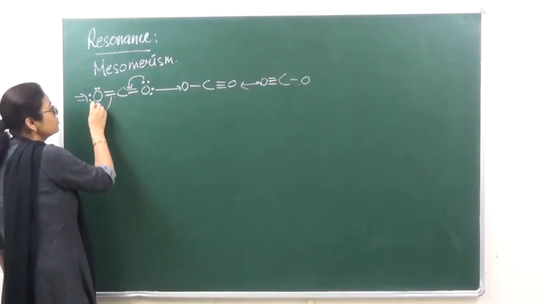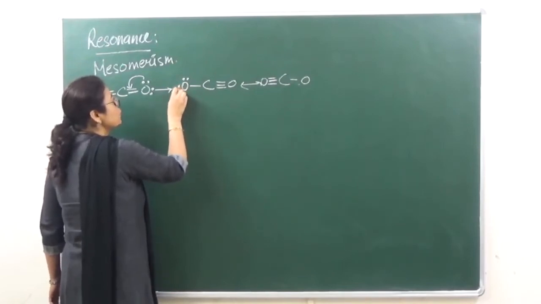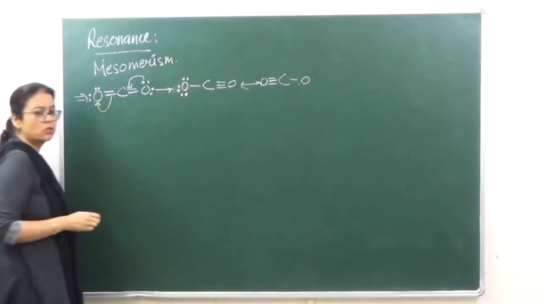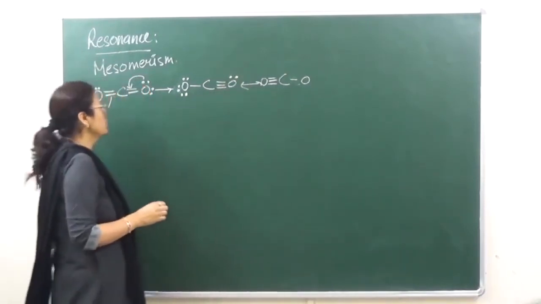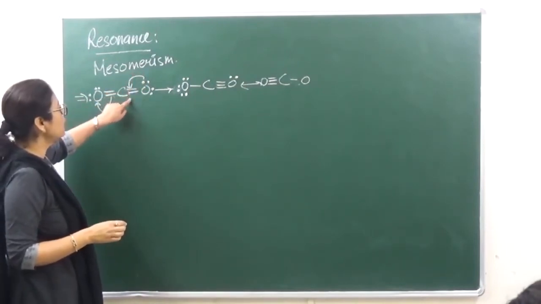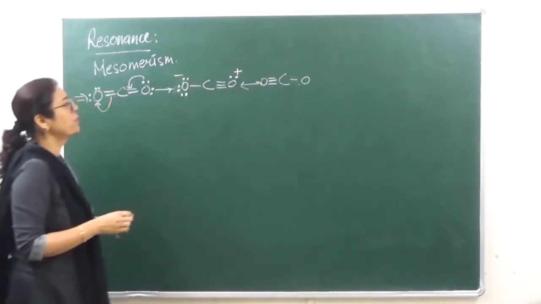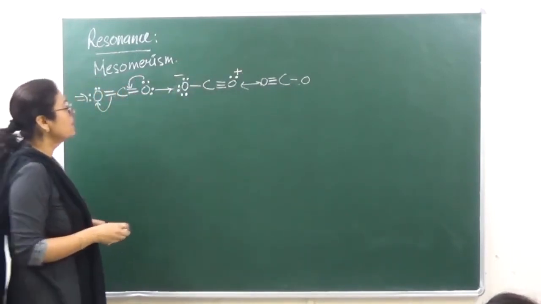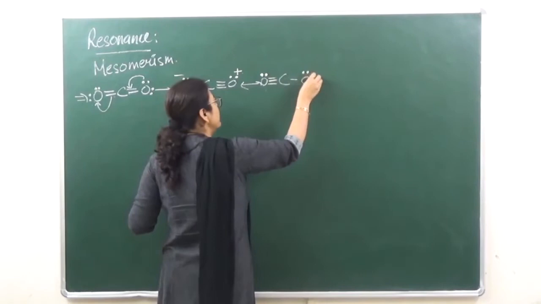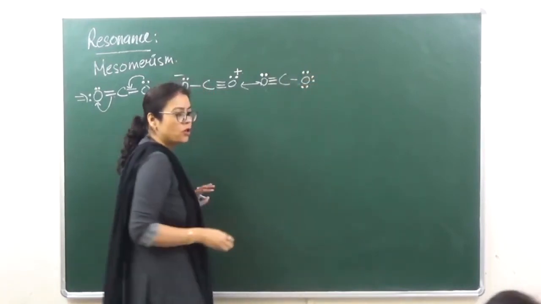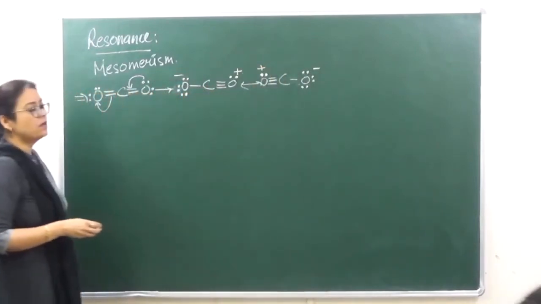Now that this has shifted from here, how many electrons should be there now on this oxygen? There should be 6 electrons present on this oxygen, okay? And how many electrons here? Only 2 electrons on this oxygen. Now over here, the atom from where the electron pair is shifting is going to get a positive charge, and the other one is going to get a negative charge. Okay. Similarly, when we are looking at this structure, it has two lone pairs of electrons over here, and it has 6 electrons on oxygen. Therefore, this oxygen is going to get a negative charge, and this is going to get a positive charge.